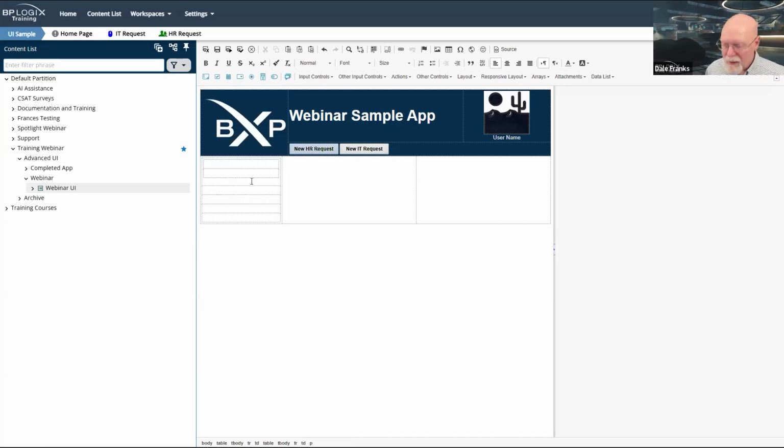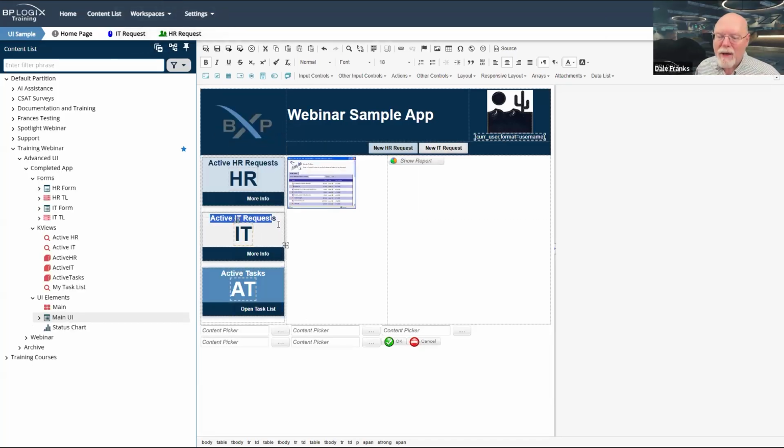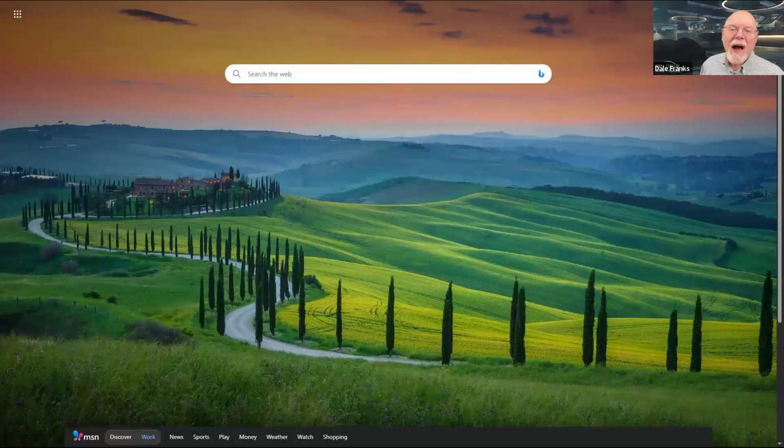And once again, we'll get rid of that extra space there. So this is the table cell, the table that is going to contain my status box. If we go back here and look at how the status box styling works, I have this light blue background on the top, and again the navy blue background on the bottom. I don't think I'm going to use the navy blue background on that bottom one. I think I'm going to use one of our other BP Logix colors, but I don't remember exactly